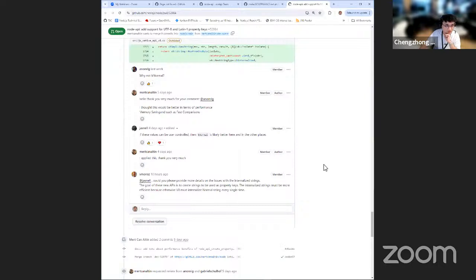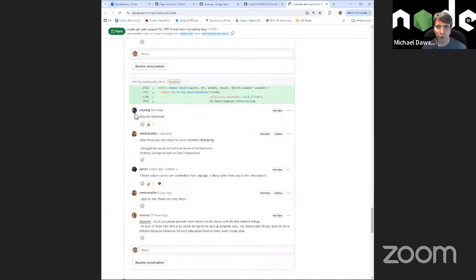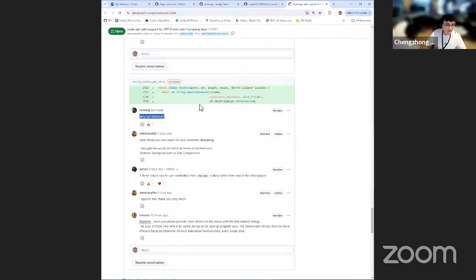So it's just a highlight that we don't have any next steps for this progress, because that would require the author to revert the change. So I just want to highlight it. Yeah. Okay, so basically this just needs to go back to kInternalized. Yeah, that was the intention of the new APIs.